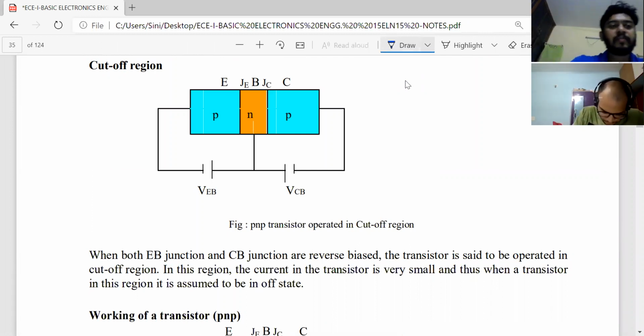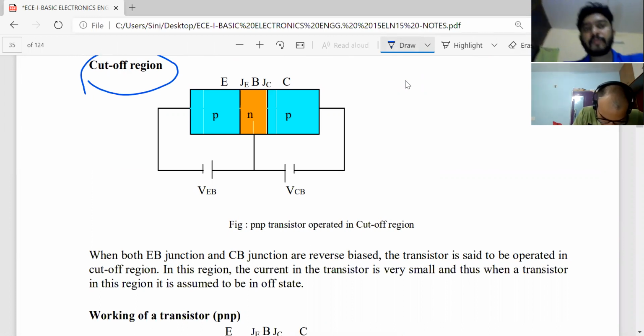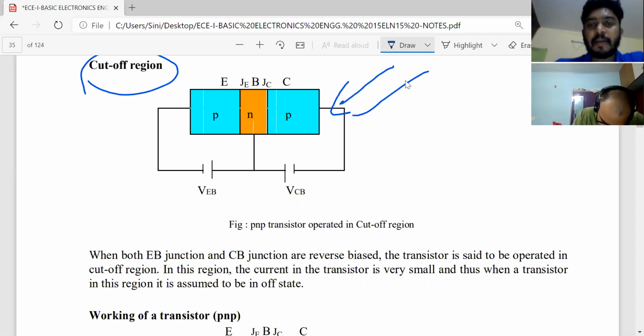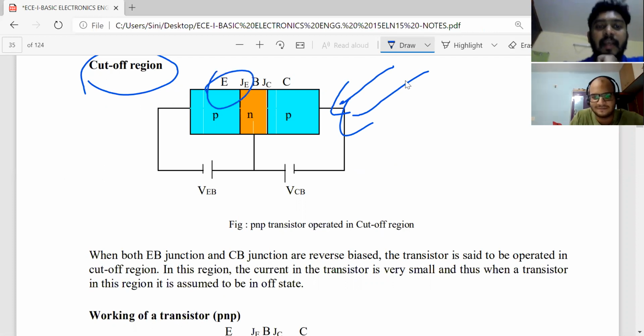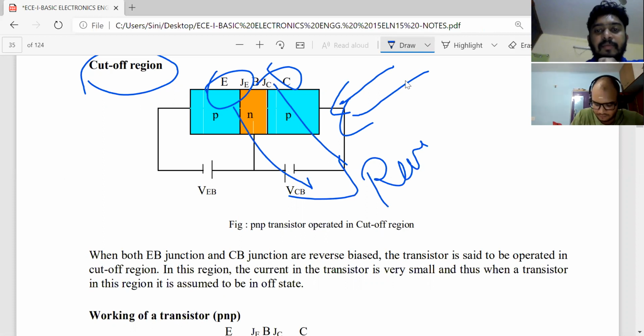Now cutoff region. For example, if there is too much load, too many classes, what will we do? We'll just switch off the Zoom link and go. We'll say there is an internet problem. Too much load. Similarly, if a transistor has too much load, both emitter and collector will become reverse bias. That's it.